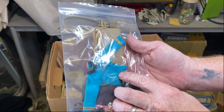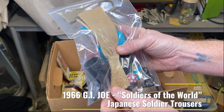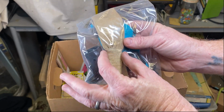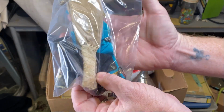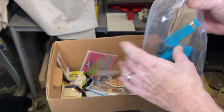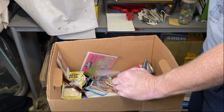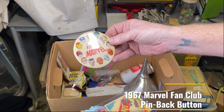Looks like a bag of clothes here, a little Star Trek uniform, G.I. Joe, maybe a Japanese soldier. I don't remember who wore the tight part around the calf of the pant. Some boots, some binoculars, some goggles, some German grenades, and a little satchel. We have a lot of figures from that area in that scale, and I wonder if some of those uniforms and pieces go to those figures. So hopefully we can finish out and complete some figures. We got a Marvel pin here,